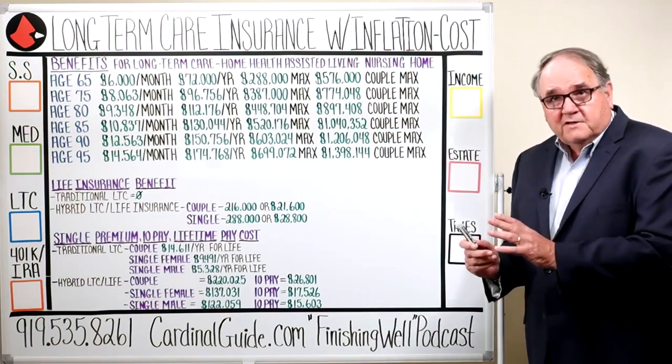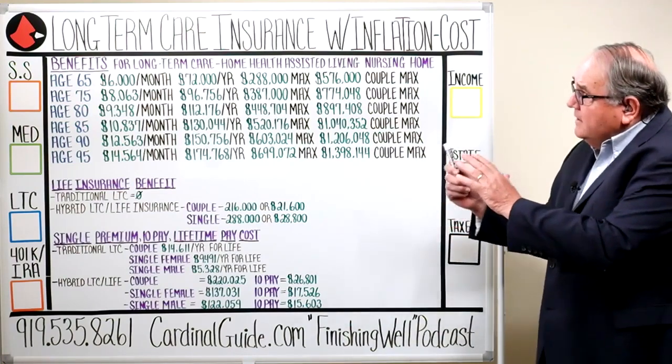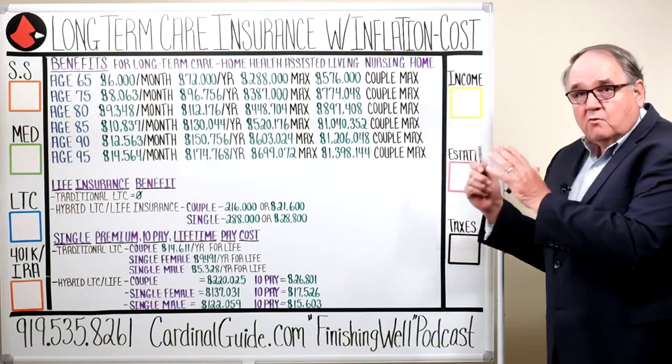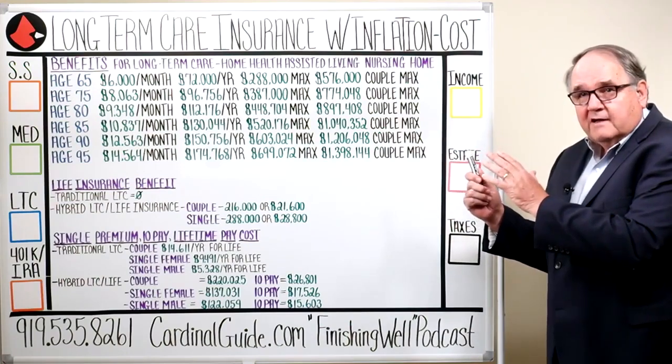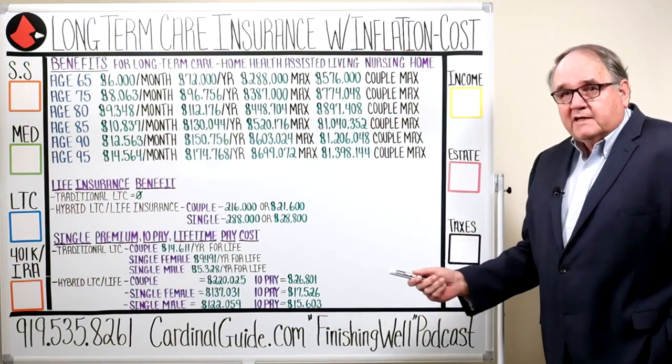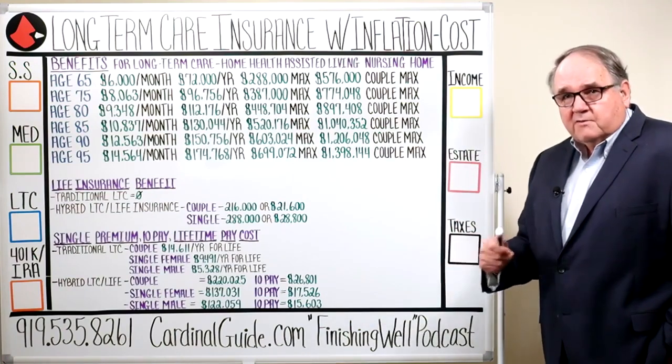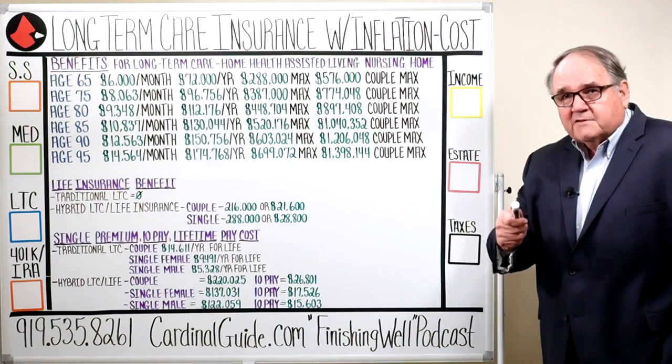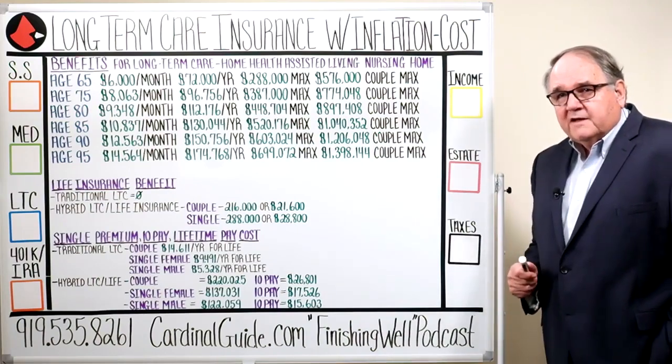So what we're going to be doing today is talking about long-term care insurance with the inflation rider. And we're going to talk about the cost of it, or the premiums that you're going to pay to get yourself a policy. So with that, I want to bring Tom on, and I want Tom to talk about why we are doing this video today. Yeah, I mean, we're doing this video because if a long-term care event happens to you, it has consequences on your family, right?